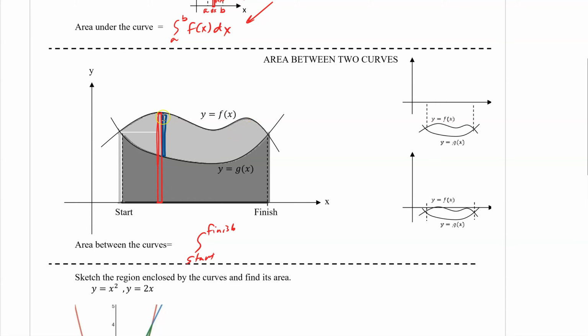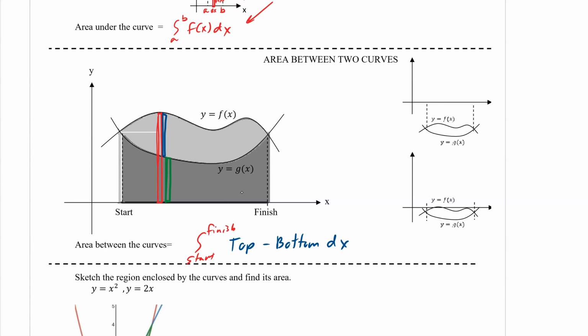Well, how do you create that rectangle? Some of you probably already see it. If you have some function g of x right here, then if you were to find the area of the red one and the area of the green one and then subtract them, you would find the area of the light gray. Even better, my f of x is giving me the red, g of x is giving me the green, so if I subtract these immediately, that would give me blue. And that's what it is: top minus bottom